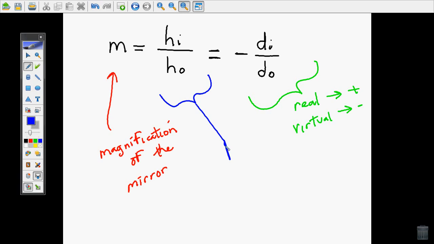If it's upright, it's positive, and if it's upside down, it's negative, which is really the opposite rule of this. If you go back and look at it,